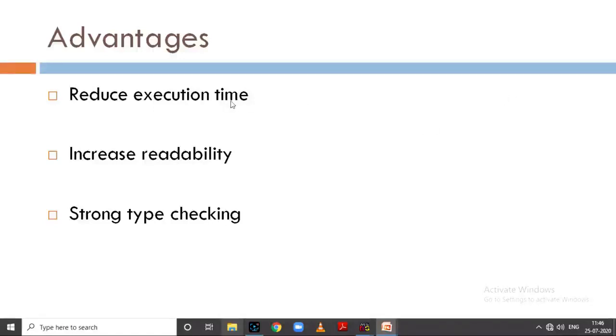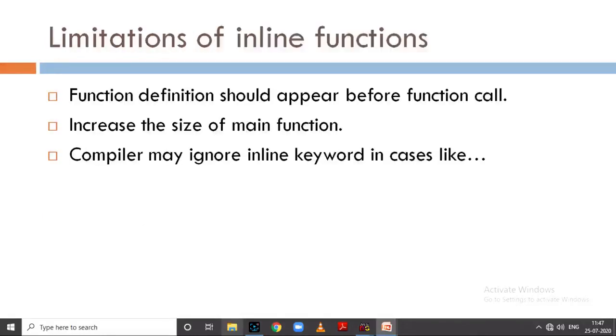The reduced execution time is the most important advantage of inline functions, as well as it increases the readability of a program, and it also provides strong type checking. That means at the time of compilation the data types are strongly checked.